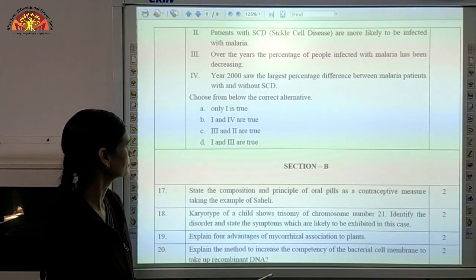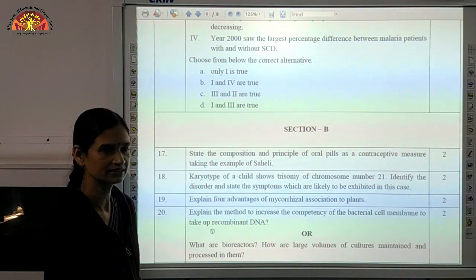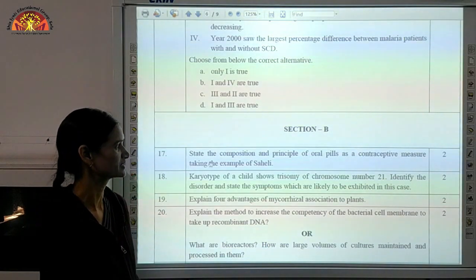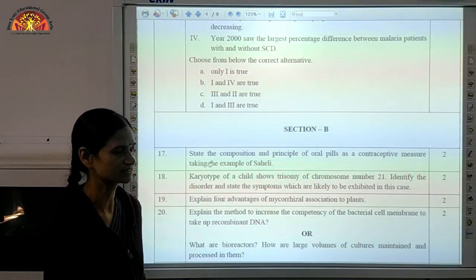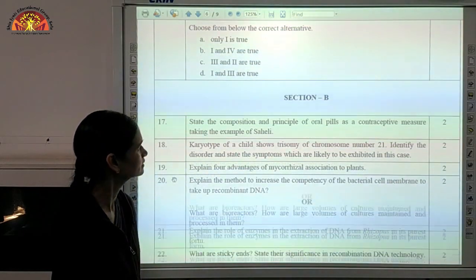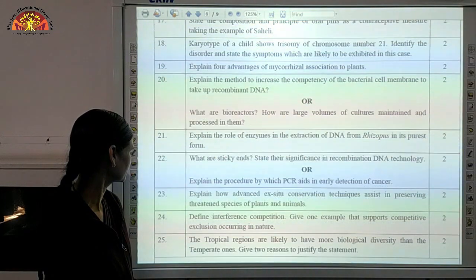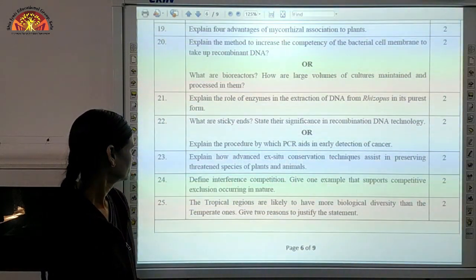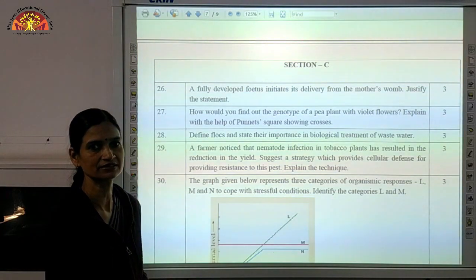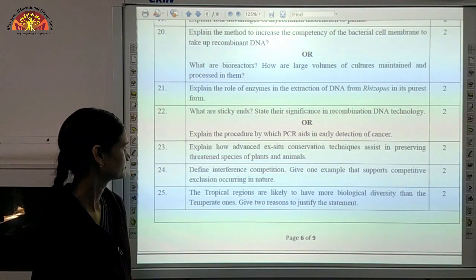Now we come to section B. Section B is of 2 marks. Each question comprises of 2 marks. जैसे कि अगर हम if we compare this paper with the previous year's paper, तो 2 marks, 3 marks, 5 marks questions same ऐसे ही थे. So you can see section B question 17 से लेकर आपके question number 25 है ना, question number 25 तक this is section B and they contain 2 marks each question.